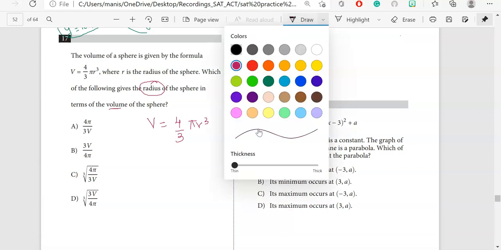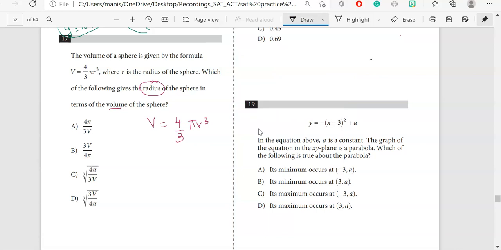So by looking at the question, the first thing you should do is you only need to concern yourself with r cubed. So I will take 4 over 3 pi, and first of all I will multiply by the reciprocal of 4 over 3. Since this is pi, I will do this with pi also. So 4 gets cancelled out, 3 gets cancelled out, pi gets cancelled out. On the left side, you are left with 3V over 4 pi